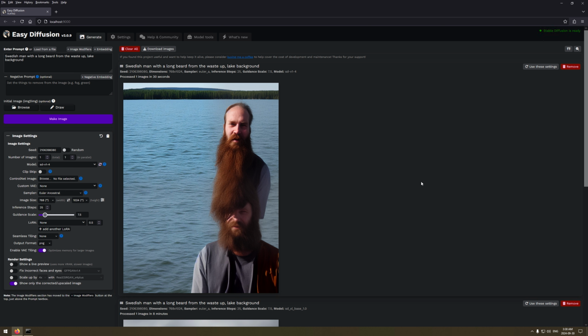So one, working at these higher resolution values, it starts to mess up and distort things. And you'll notice that Swedish man, it's brown hair, no real eye color. I mean, it's hard to tell because it wasn't really all that generated properly. It did get the lake, it did get this and that, but in order to get a more accurate result,